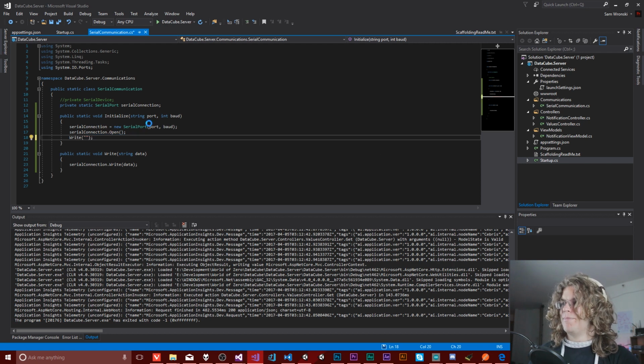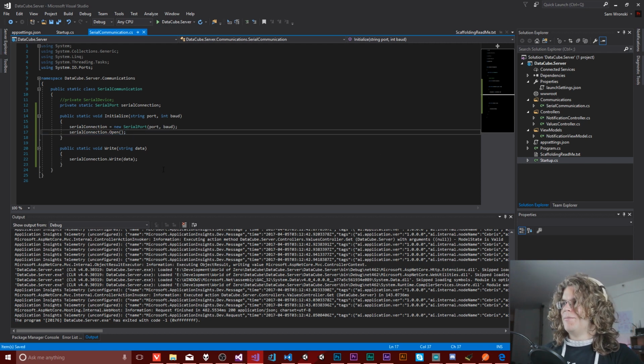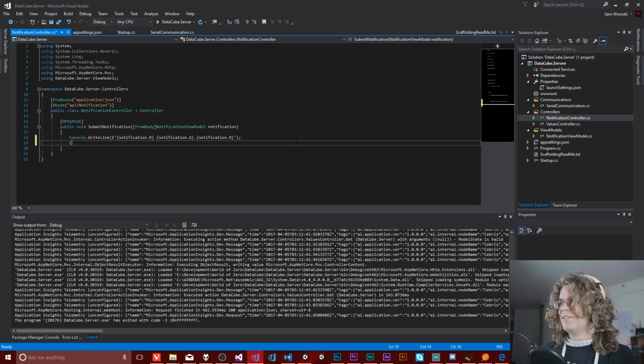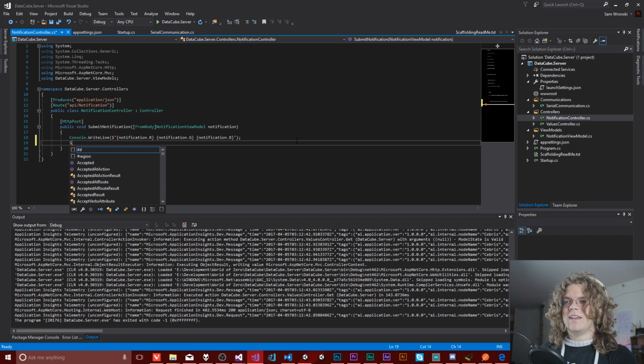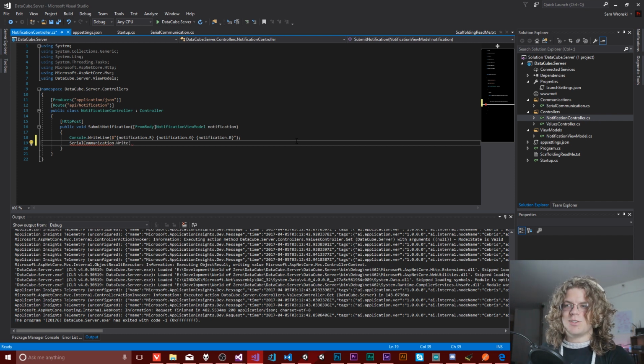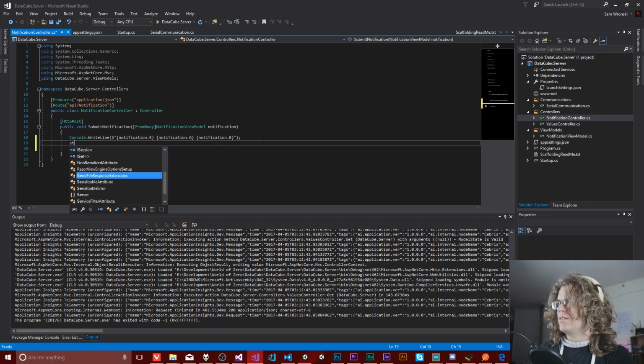I'm going to remove this because that's a really bad idea, because it's just going to cause a bunch of issues. So all we need to do now is convert this console.writeLine into a serial communication dot write. And then we just need to send it a bunch of bytes, which we can do by creating, I think there's a way to create a string from a byte array. Let's find out how that works. String dot